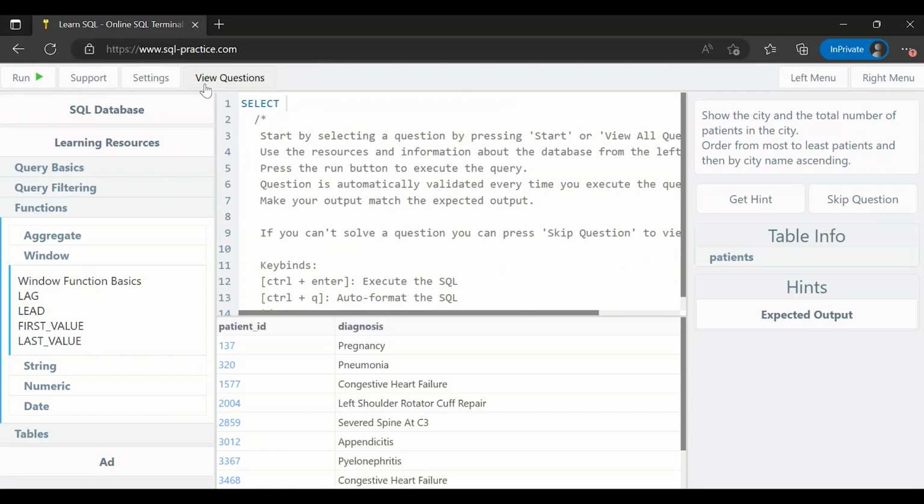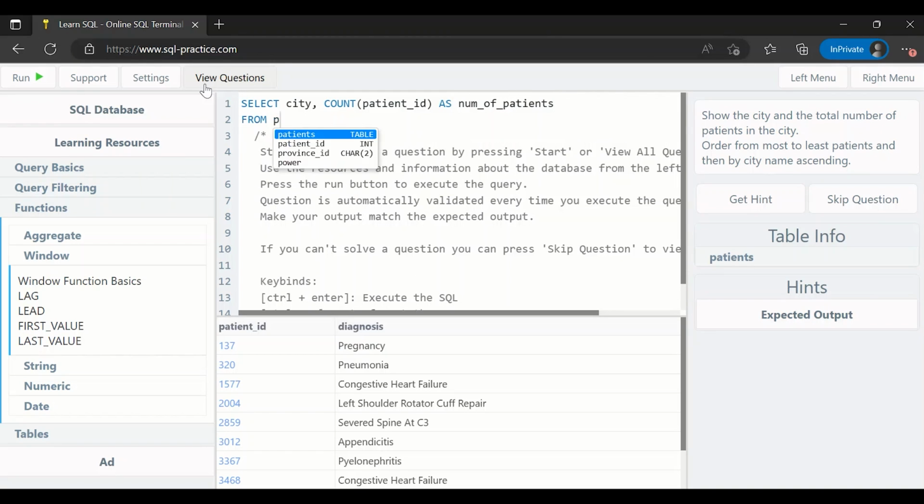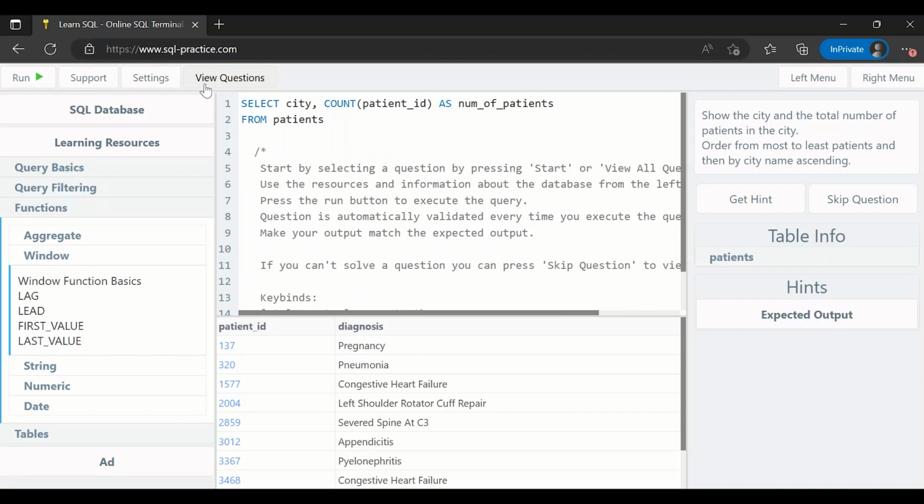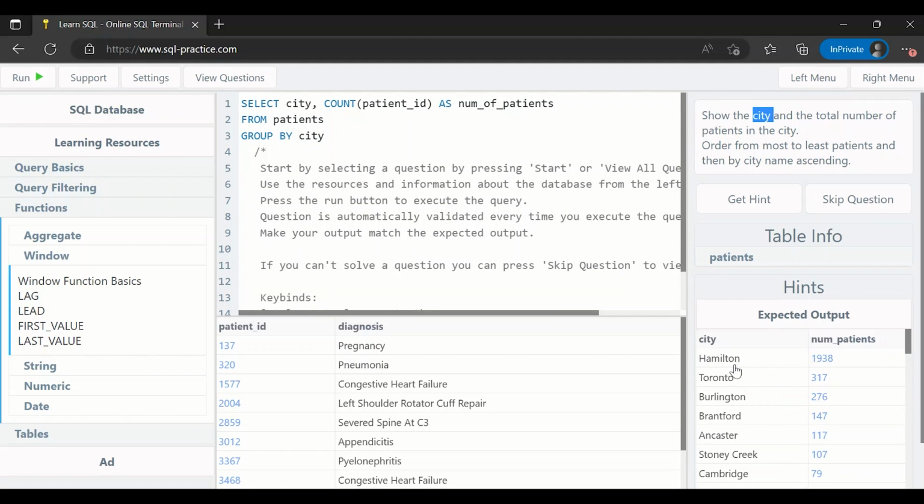Here I have to display city and the count of the patients, total number of patients in the city. So that will be the count of patient ID, right? I can name this column as, let's say, number of patients, right? From the table patients, group by city, because we have to show all the cities and the total number of patients. If we see the expected output, it should be all the cities and number of patients in each city, right? So it should be grouped by the city name. So group by city,